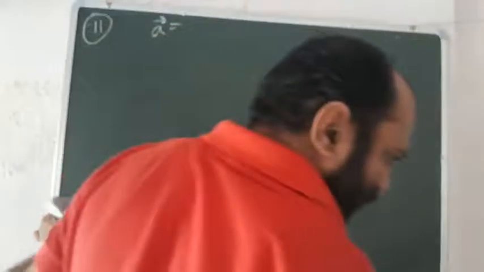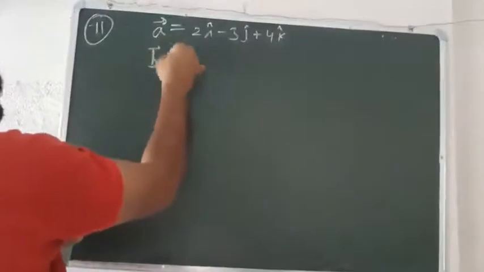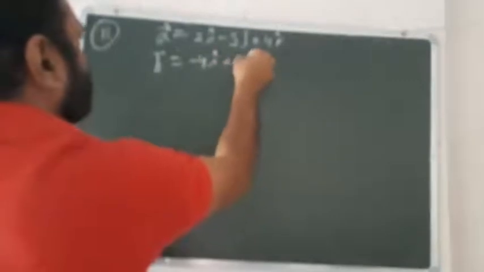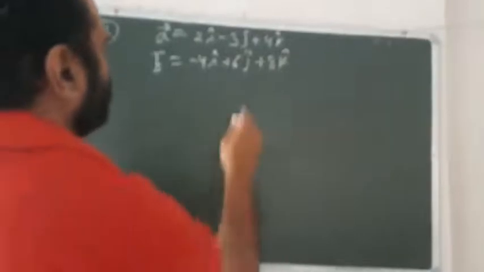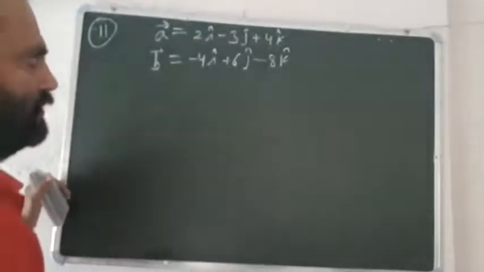Question number 11, show that two vectors are collinear. Let a vector be equal to 2 i cap minus 3 j cap plus 4 k cap and b vector is equal to minus 4 i cap plus 6 j cap minus 8 k cap. We have to show that these two vectors are collinear. So as you see, the condition of collinear means if one is the scalar multiple of other,